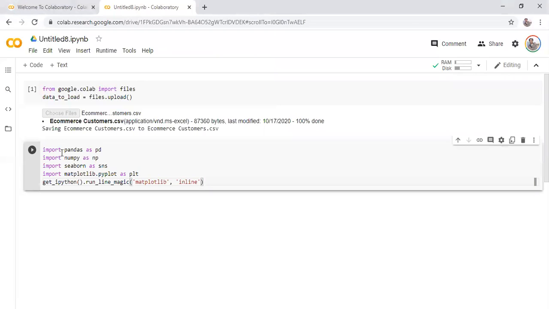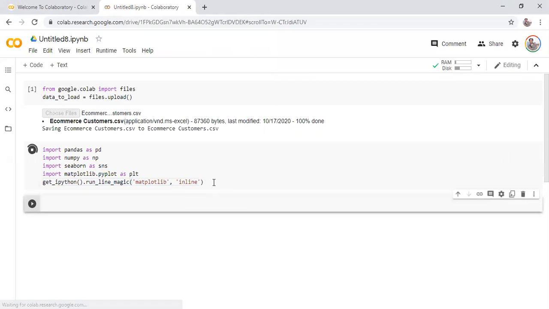So I will be importing these packages. I'm importing pandas as pd, NumPy as np, Seaborn as sns, then matplotlib.pyplot as plt. So these are the packages I'm using. This is basically to display the visuals in Jupyter Notebook, but as we go along, I'll give you more details on this one. So if I execute this, I've imported these packages.